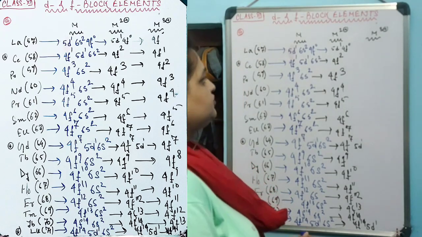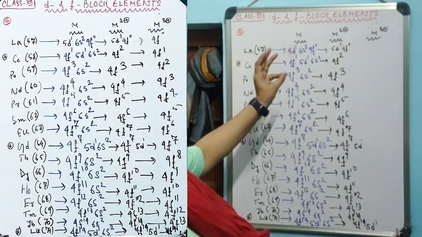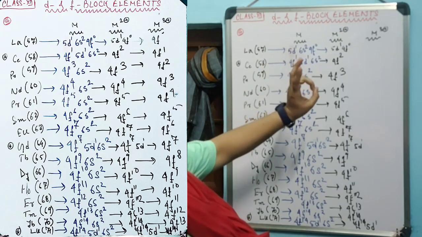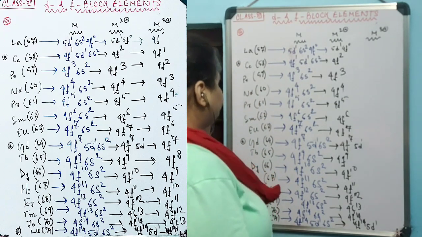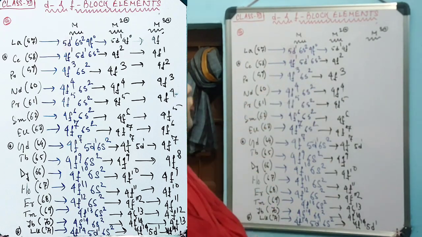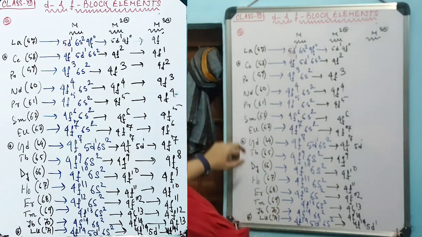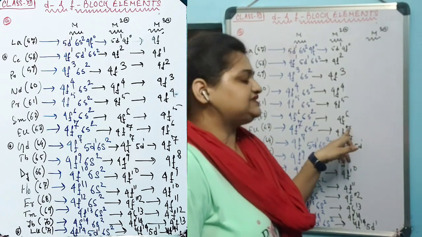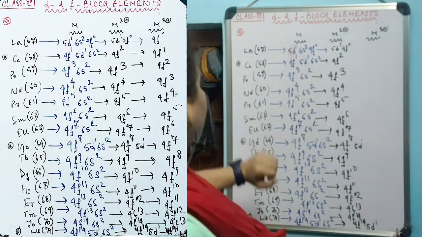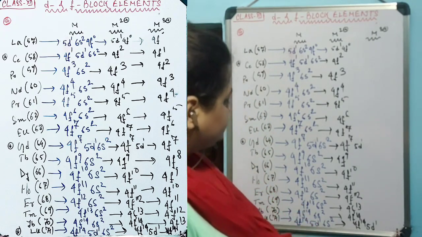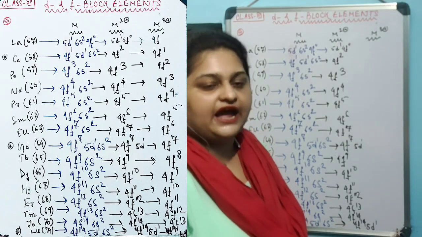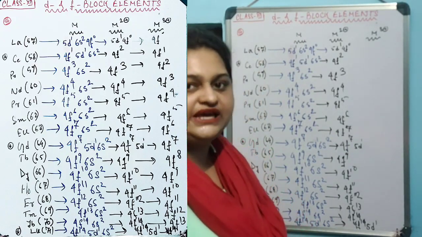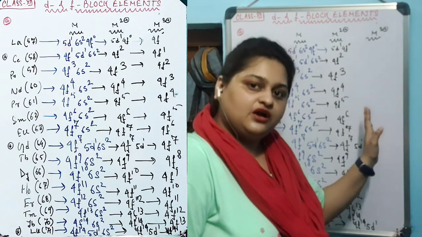Now, the electronic configuration follows the trend: lanthanum, cerium, praseodymium, neodymium, promethium, samarium, europium, gadolinium. According to the number at which the element comes in the series, the electronic configuration will be. Like europium is 1, 2, 3, 4, 5, 6, 7, so the electronic configuration is going to be 4f7, and so on. For gadolinium and lanthanum, there is a slight exception due to the electronic configuration in the neutral state. Other than that, the electronic configuration follows the respective position in the series.